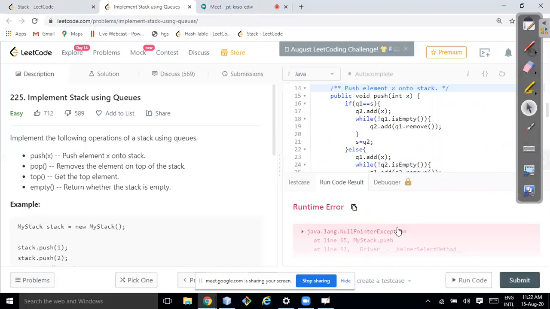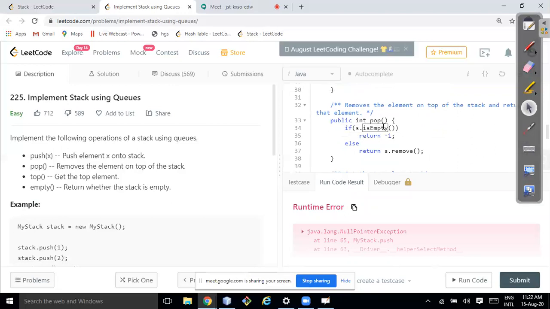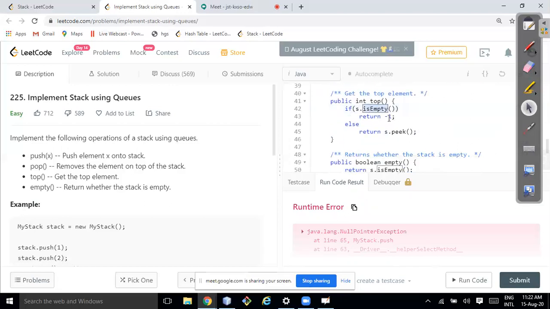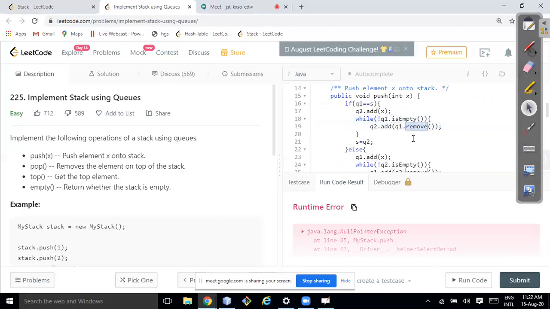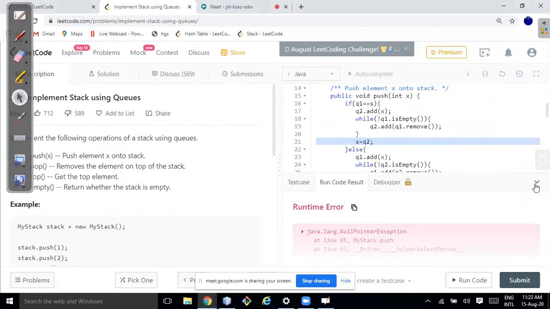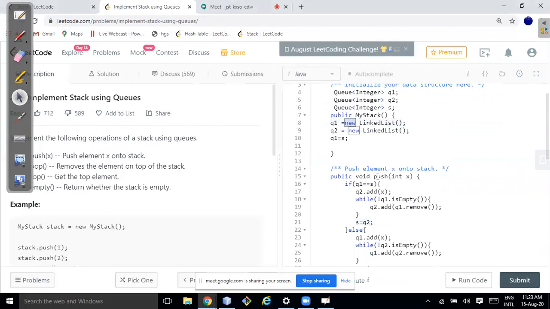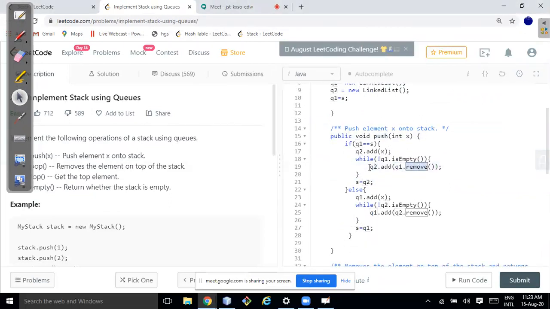Somewhere a null pointer exception is coming. Where? Add. Q2.add, Q1.remove. S is equal to Q2.